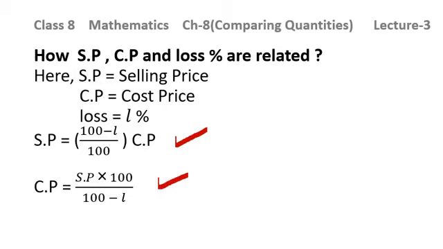Using this equation only, we have calculated this CP. We have written this formula simply in terms of CP. So SP is the selling price, CP is the cost price, and loss is the loss in percentage. If it is given to you, then you can use either of these formulas to get the unknown quantity. If loss percentage is unknown, you can calculate it. If CP is unknown, you can calculate it. Likewise, you can use the CP, SP and profit percent formula and this CP, SP and loss percent formula also.